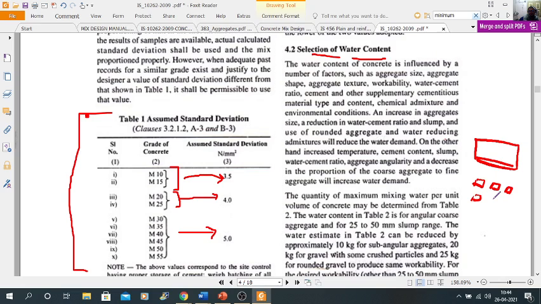The surface area is increasing, and increasing surface area means the water demand is also increasing. So the size of any aggregate will affect the water demand or selection of water.